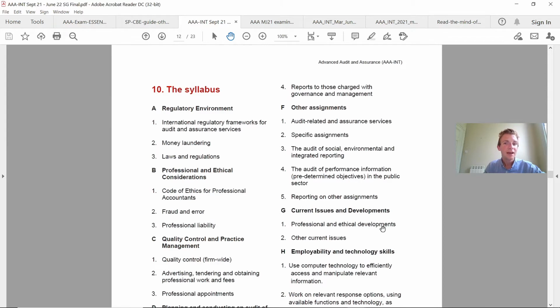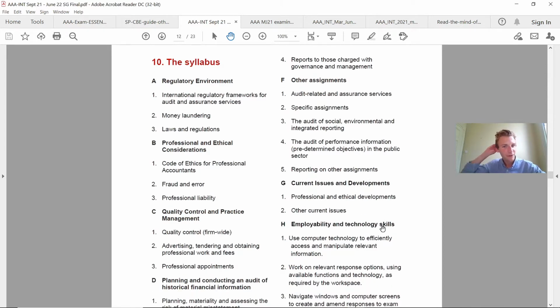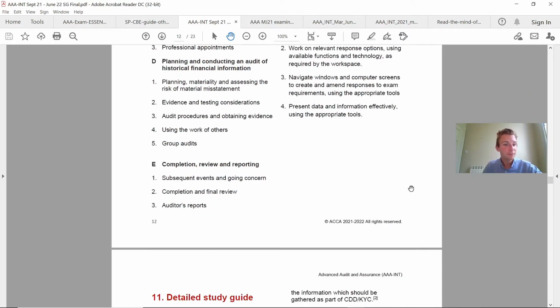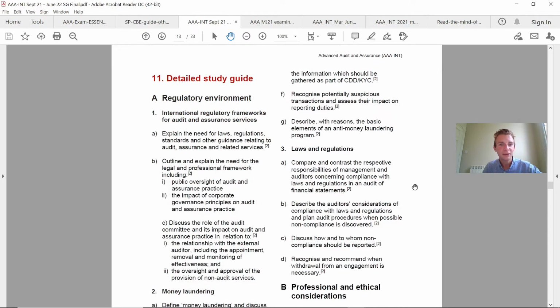Now, coming on to another important point and area is the syllabus breakdown. And this is a really helpful checklist for you to actually go through area by area, and I found this very helpful, having not done audit and assurance in my actual role and failing it for the first time. So I actually printed this out, used it as a checklist to say I have covered off absolutely every area. So confidence-wise going into the exam, I was there going, well, no matter what they actually put in front of me, whether it's fraud and error or something specific about audits or technology, I can have a really good go at this.